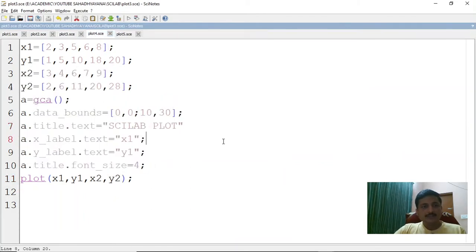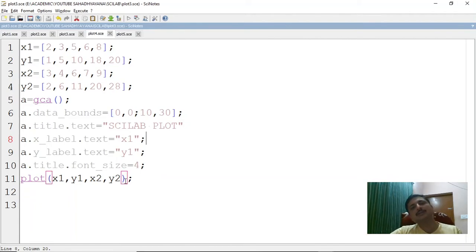Now I have more than one value, multiple plots. We just quickly go through that also. So I have these x1, y1 values, and I have x2, y2 also. I have just taken randomly some other parameters, x2 and y2, and if I want to plot that, all these I will keep the same, doesn't matter. And now I am plotting x1, y1, x2, y2. So what it basically does is it plots a graph between x1 and y1, then it plots a graph x2, y2. If you go on writing this, it will plot a two-dimensional graph between every two arguments. So x1 versus y1, x2 versus y2.